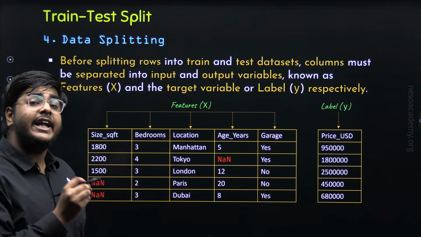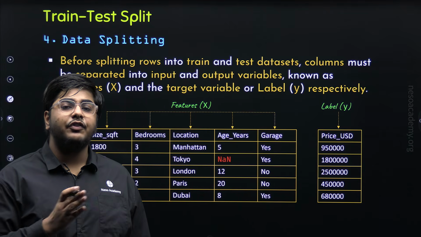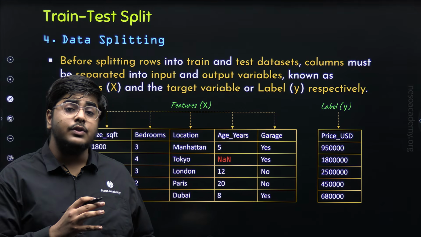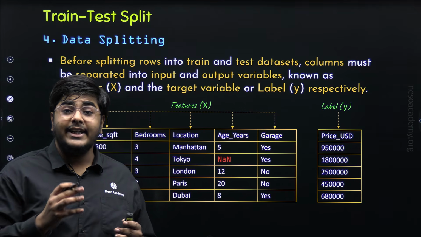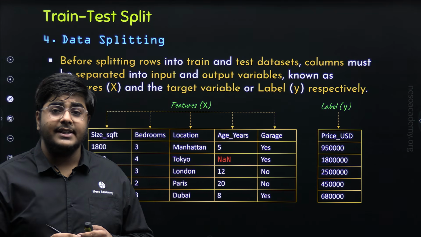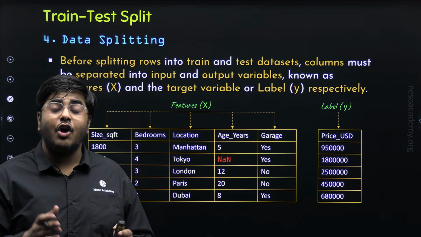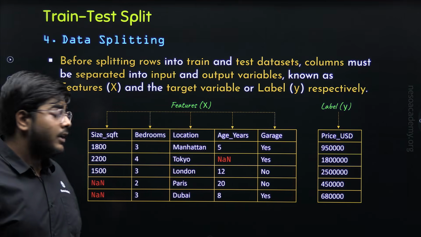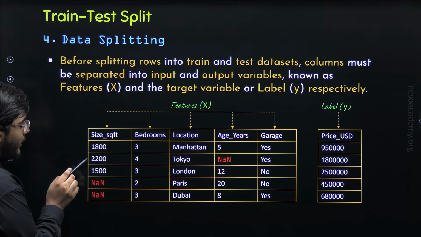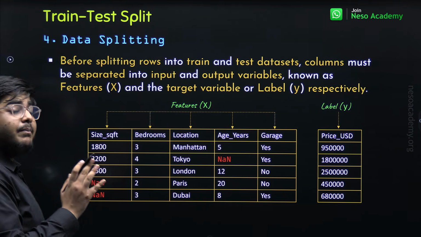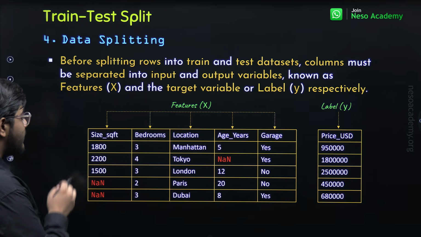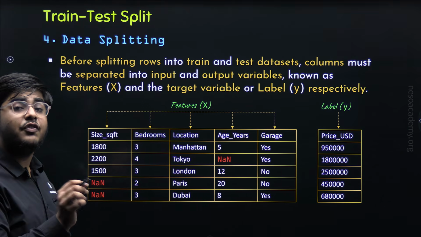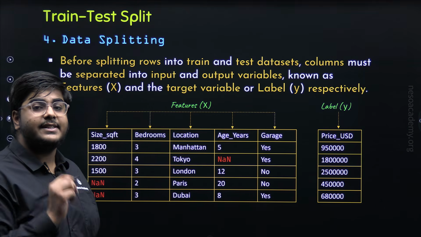Now we can perform the train test split. The standard ratio of train test split is 80:20, which means the total available rows will be divided into two parts. 80% of the rows will be the part of training dataset and 20% of the rows will be the part of testing dataset. If we apply the same splitting ratio in this particular dataset, the total number of rows are 1, 2, 3, 4, 5. So 80% of 5 is equal to 4, which means 4 rows will be the part of training dataset and the remaining 1 row, that is 20% of 5 is equal to 1, will be the part of testing dataset.